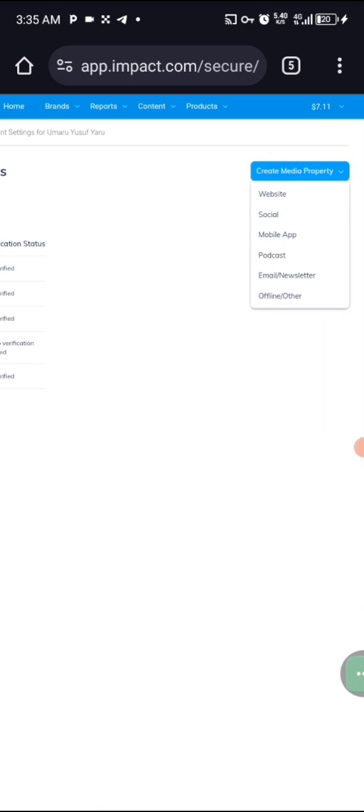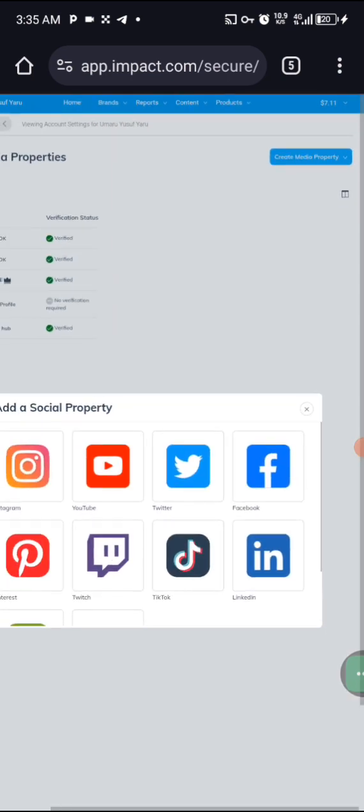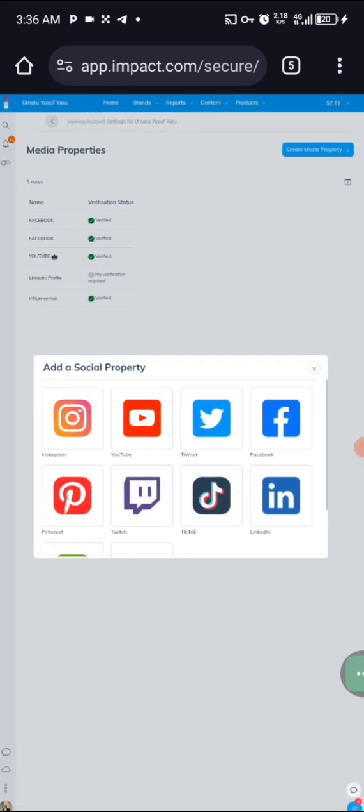Remember, if you don't have a place, you can click on social: your TikTok account, or whatever you have, your LinkedIn, your Pinterest, or even your Twitter, your YouTube channel, your Instagram. You can link all of these as your